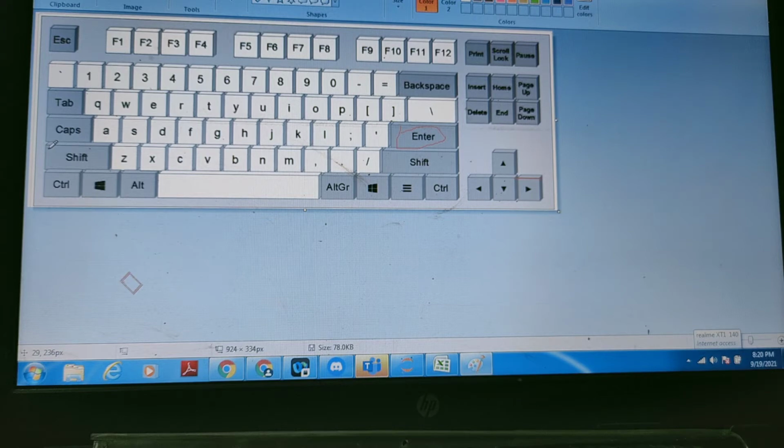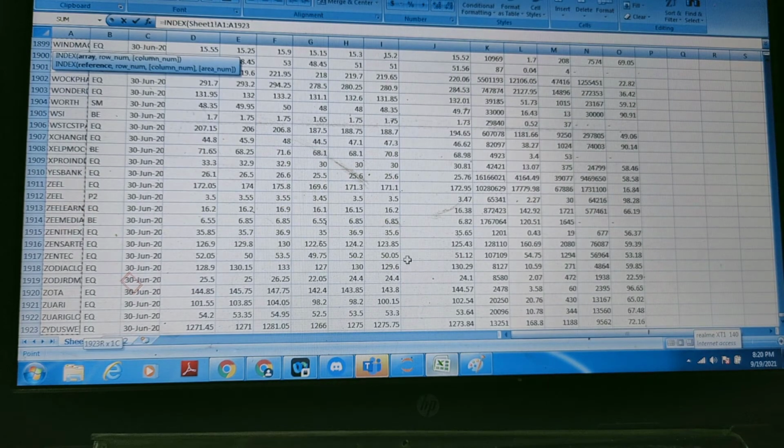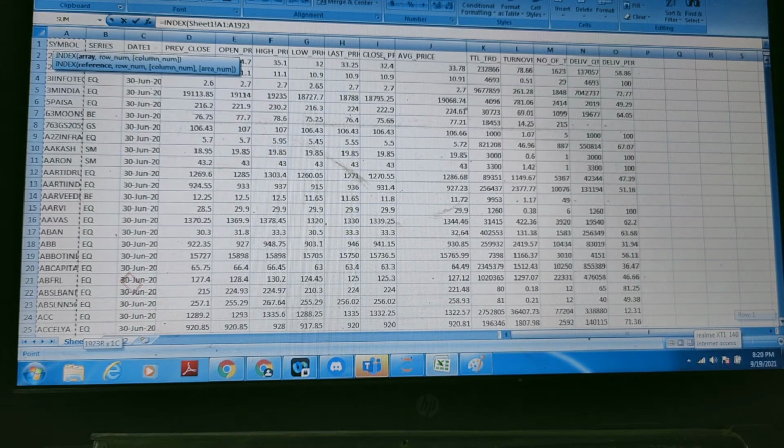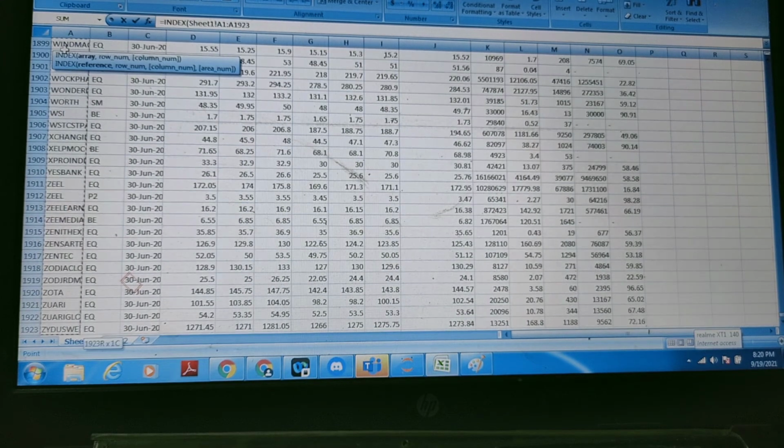For that we need to press CTRL shift and the right key. See, now the whole data got selected.